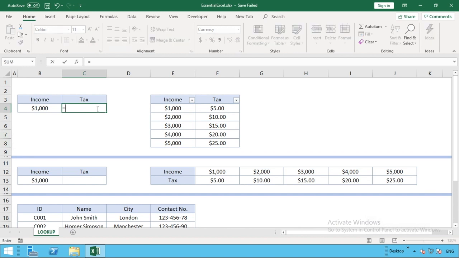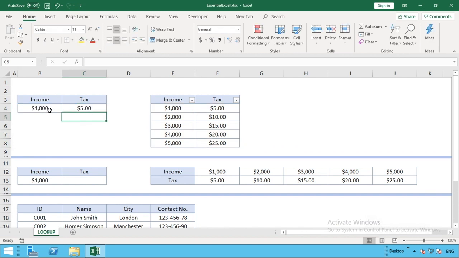So as we mentioned, the lookup function is only going to require two inputs. To use the lookup function, we just type in equals lookup and an open bracket. At first glance it can be confusing because it looks like there's two versions that you can use, but ignore that first one, we're just going to be focusing on the second one for this example, all of these examples. So all we need to do is enter lookup, open brackets, select the value we wish to search for, do a comma, and then select the entire range of our data that you can see in the example, close our brackets, hit enter,